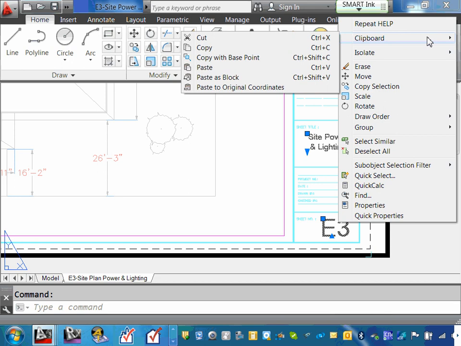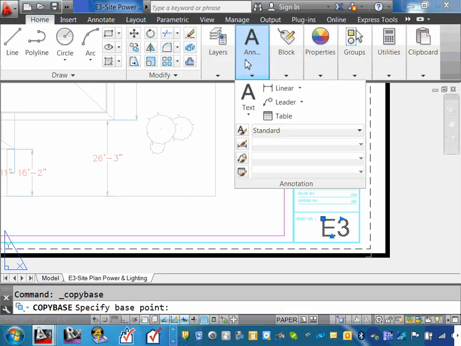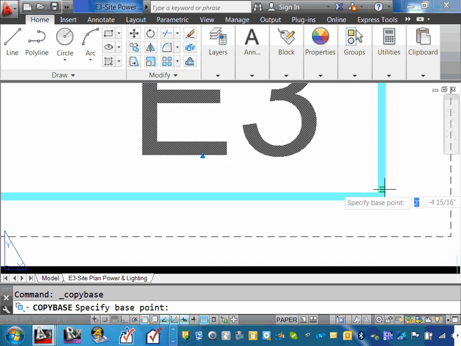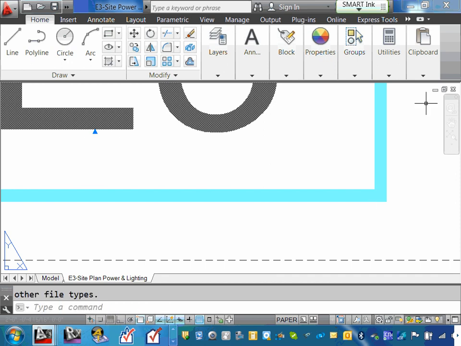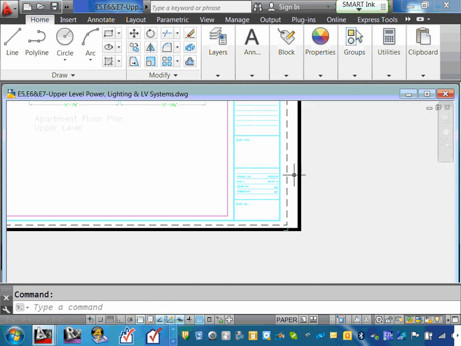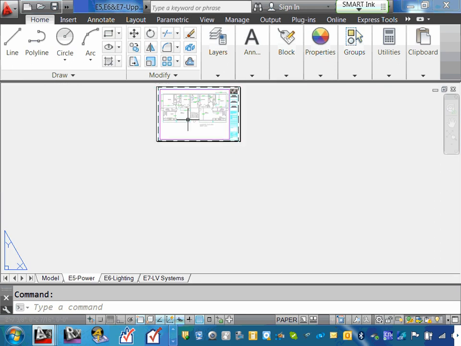Right click. Go to copy with a paste point. Grab the paste point. I typically go right at the corner, right here. When you see the square right here, guys, you can see that. This is going to be your paste point. Okay, and click. Minimize it. That will take you back into